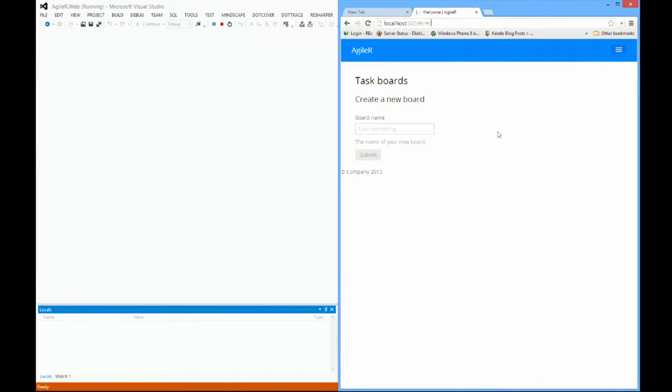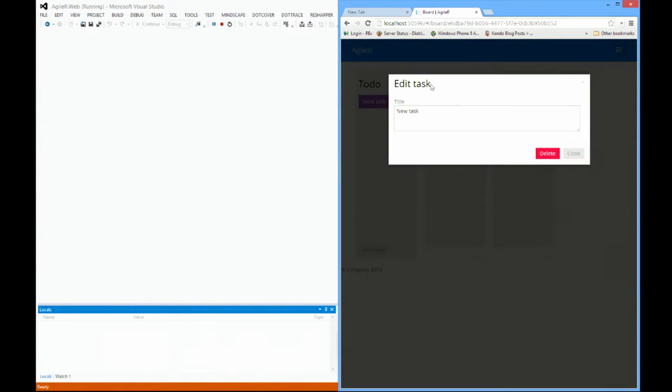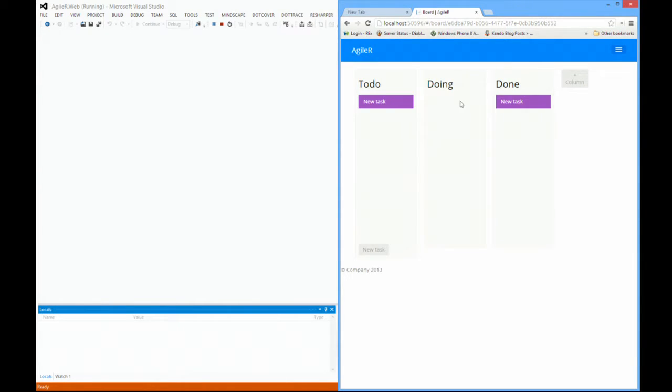Okay, so what we're going to do is have a look at the app in action. So I refresh that. I go into TechEd tasks, because there's a lot of things to do for a TechEd presentation. And what I can do is I can drag these tasks from to do into doing and done. Okay, drag more. One and done. Didn't even do that one. Then I can go up the top using the HTML5 content editable attribute and just edit the title. And I've also got a Bootstrap modal where I can edit the description of the task. So those are the things that I want to relay across to my other clients.